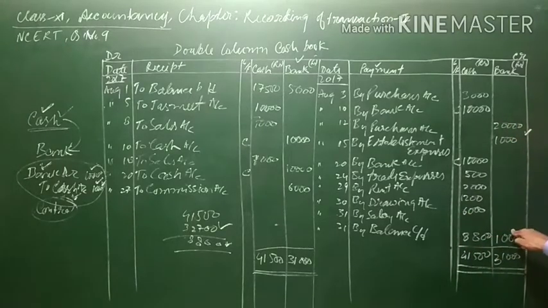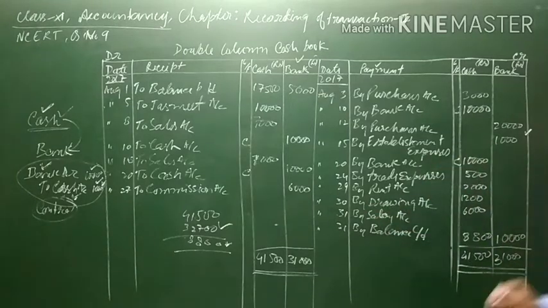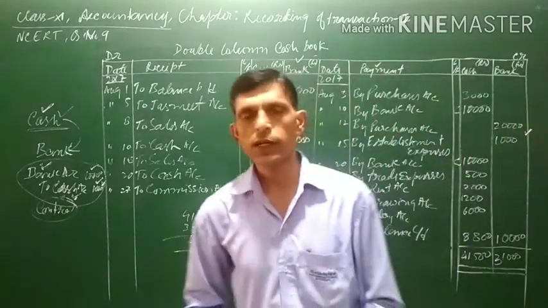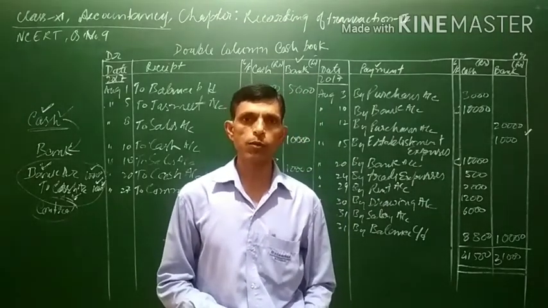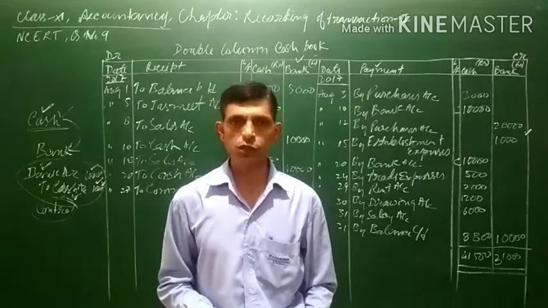Again, this cash balance will also be carried forward. Both the cash as well as the bank balance of 31st August will be carried to the next period, that is the next month, and it will be 8,800 for cash balance and 10,000 for the bank balance. It will be carried to the next period, that is on 1st of September 2017. Next, in the next video we will solve one more question of cash flow.